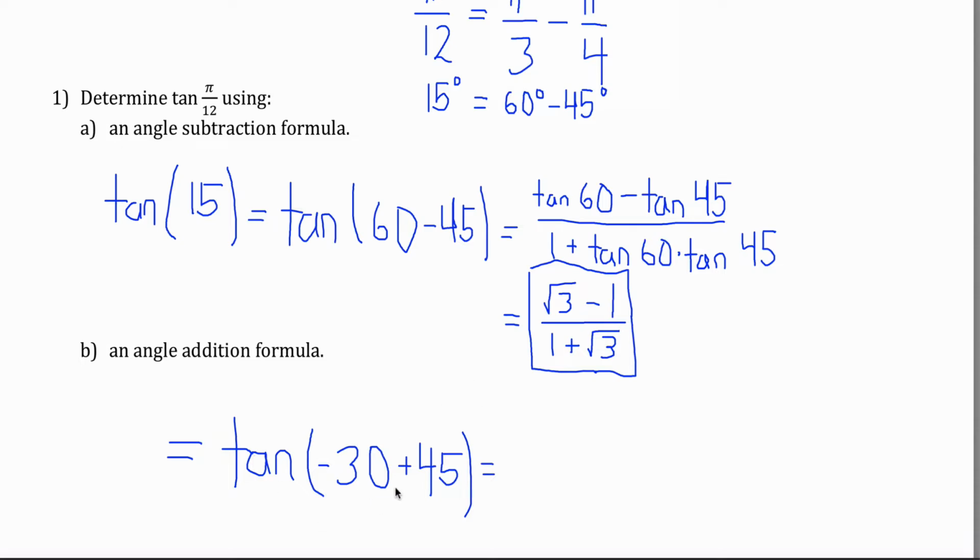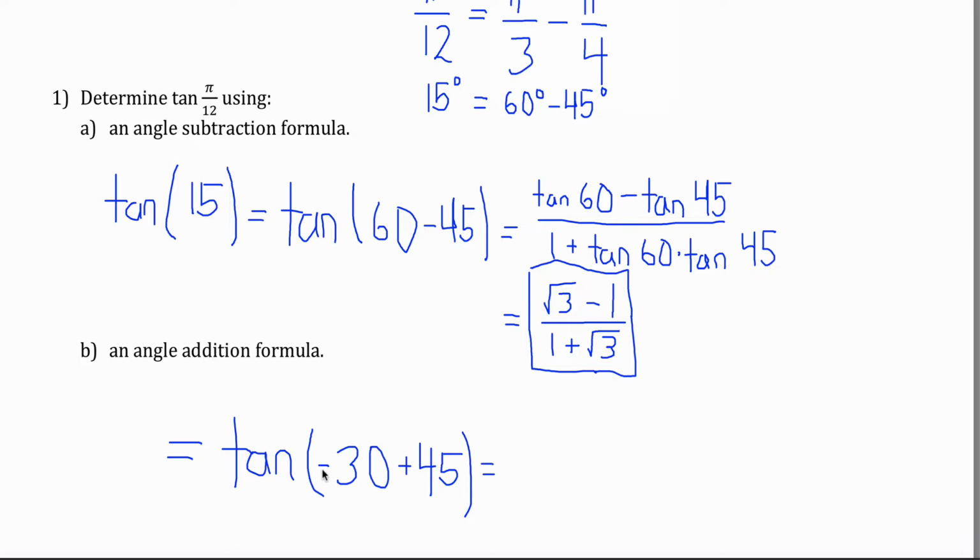Now that I've written all this, I'll unpause the video. We get that the tangent of 15 degrees is the same as the tangent of negative 30 plus 45, because negative 30 plus 45 gives you this 15 degrees. But now what we've managed to do is write this in a form that'll be conducive to using an angle